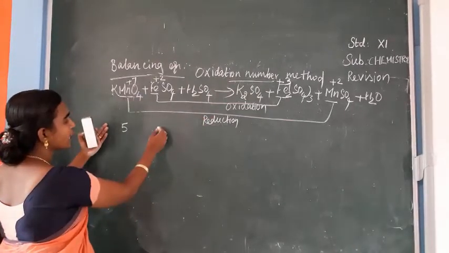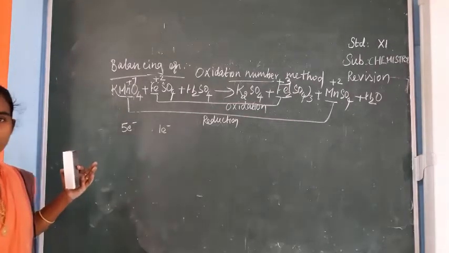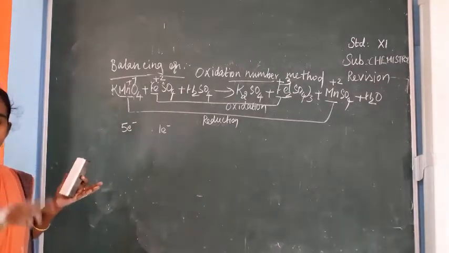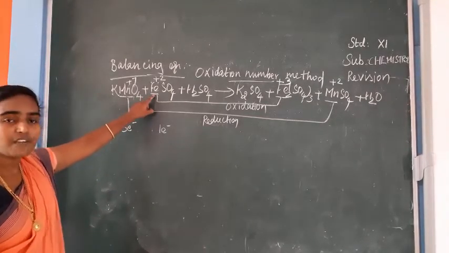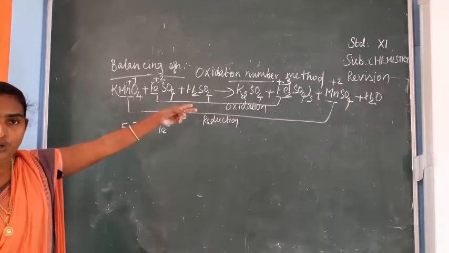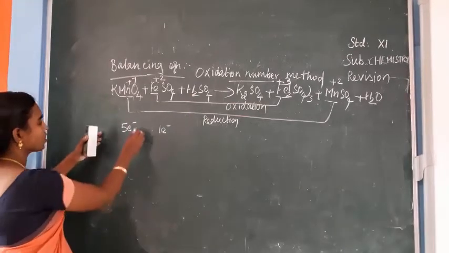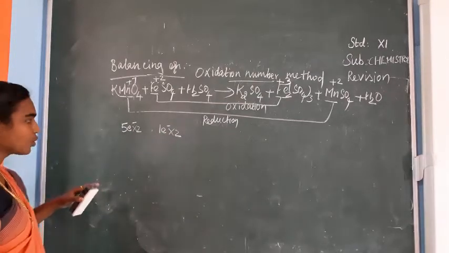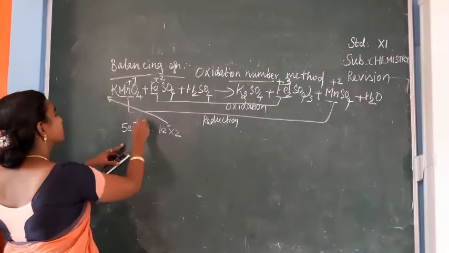Here the difference in electrons is 1 electron, and 5 electrons. What do I have to do? This number of electrons will be multiplied by a number. That is why we are multiplying. Here we have used only 1 Fe, but the number of moles of Fe is 2. So this number of moles will be multiplied by this number of electrons, into 2 and into 2. Is it clear? Then we have to take this value across.